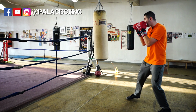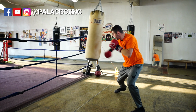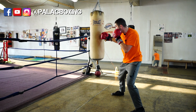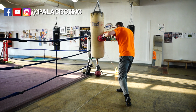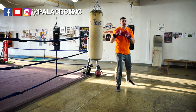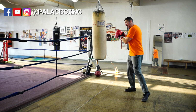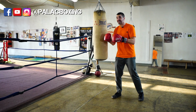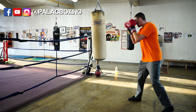And the way that you're going to do that is you're going to shoot the left hand. Alright, load this foot. You're going to step here, load this foot, and now I'm pretty far away from the bag, but my opponent is going to come this way. And as I step in, I load, land here, and I can either throw another hook, or I can pivot out the way. And most likely what I like to do is just pivot out the way, because it's a 3-punch combination that you're moving from outside to inside, then outside with your body and trying to use your orthodox fighter's momentum against it. In real time, what it will look like is